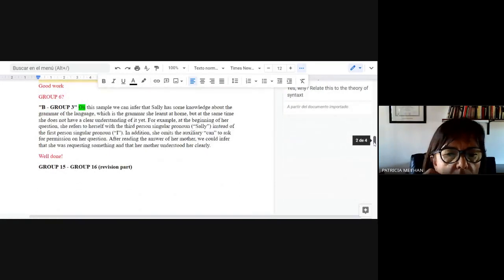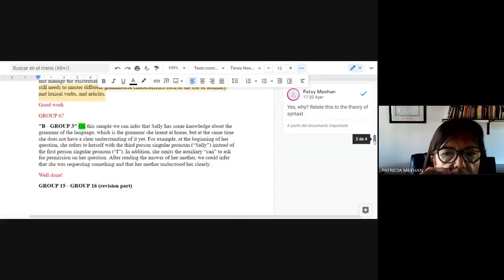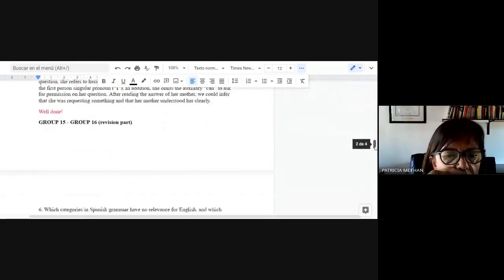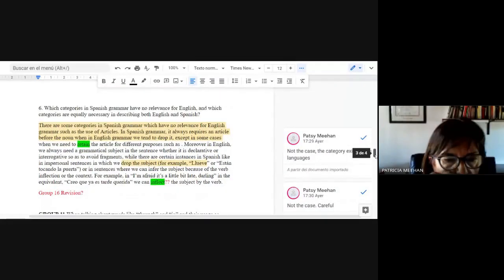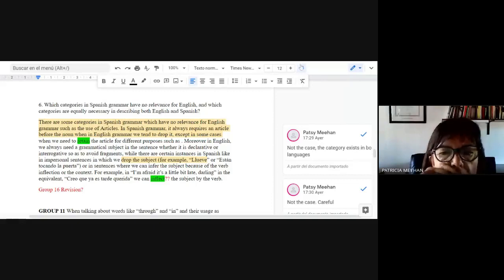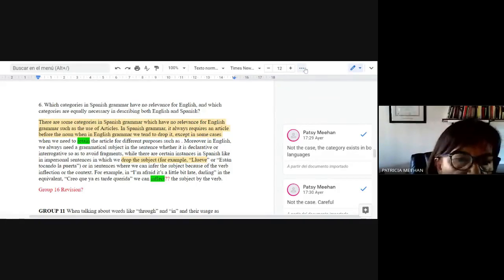I think there was one, I want to say something about the articles. No, the next one. This was okay, the next one. And we are done. Acá. It says, which categories in Spanish grammar have no relevance for English and which categories are equally necessary in describing both English and Spanish? There are some categories in Spanish grammar which have no relevance for English grammar, such as